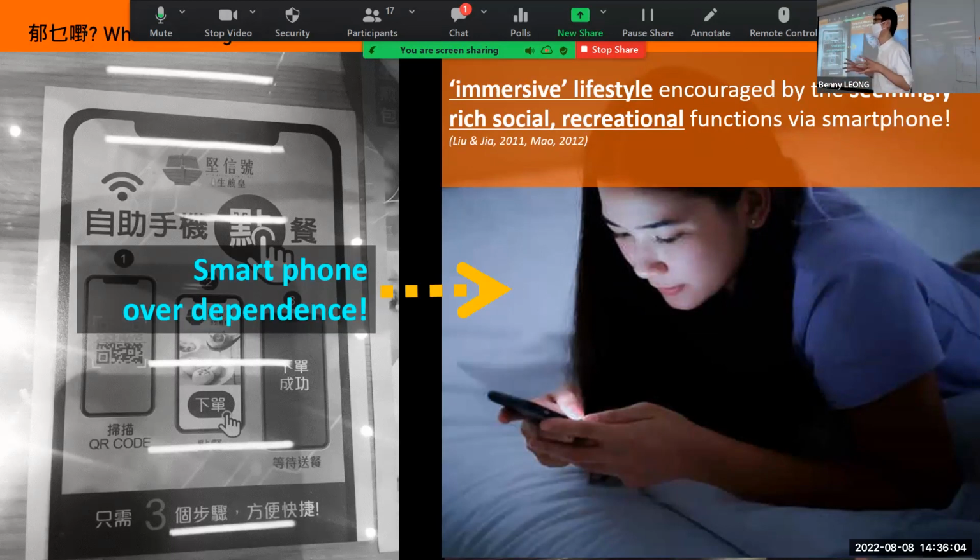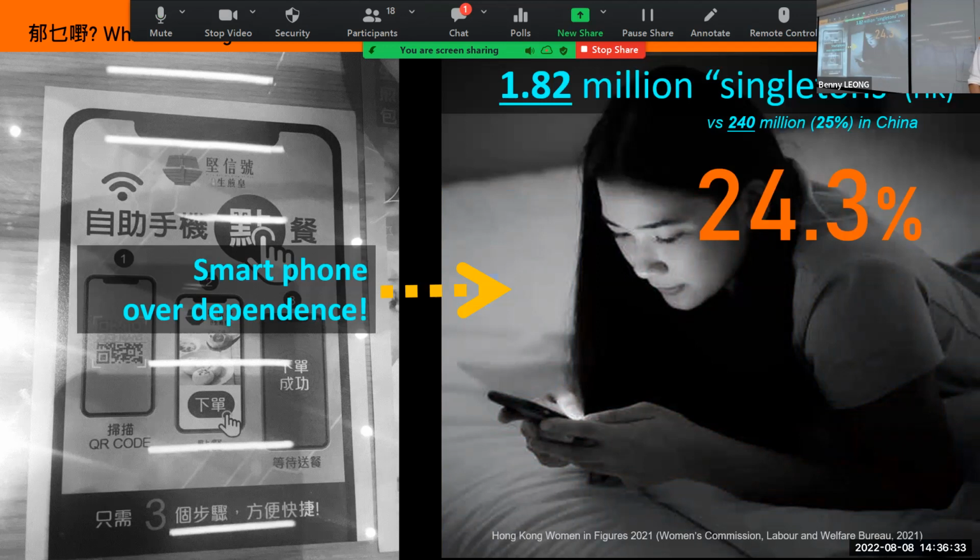People are closing themselves in a very warm, cozy room, and then they're playing. Because this so-called mobile phone can lead you to the internet, which has a lot of amazing stuff that we can visit. So it creates a kind of unreal, enriched social interaction or recreation. So it's kind of fake.